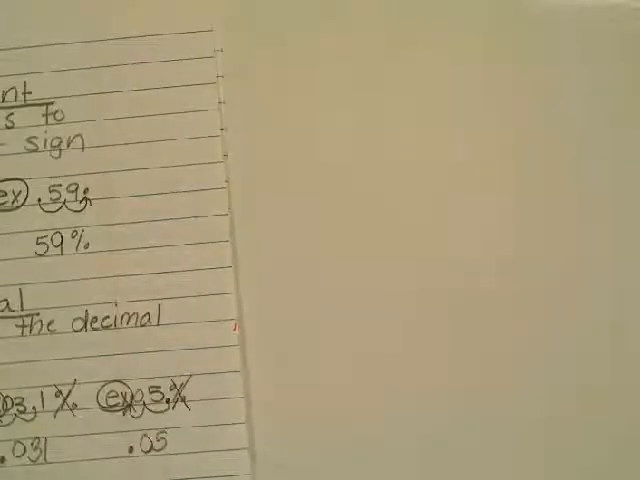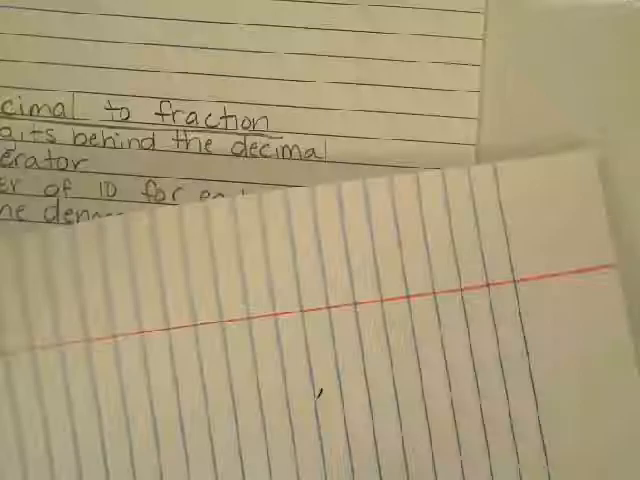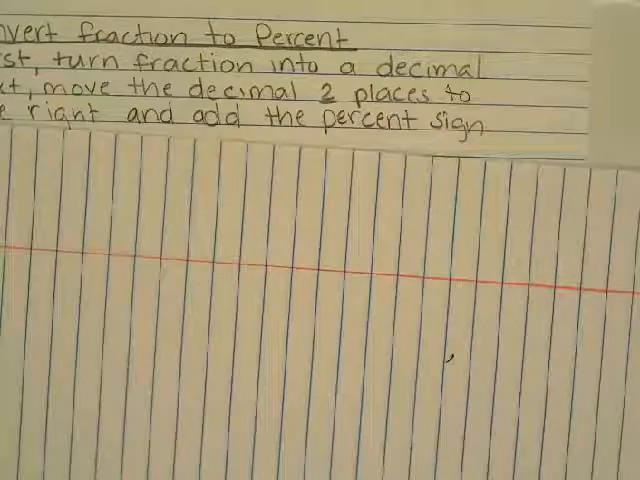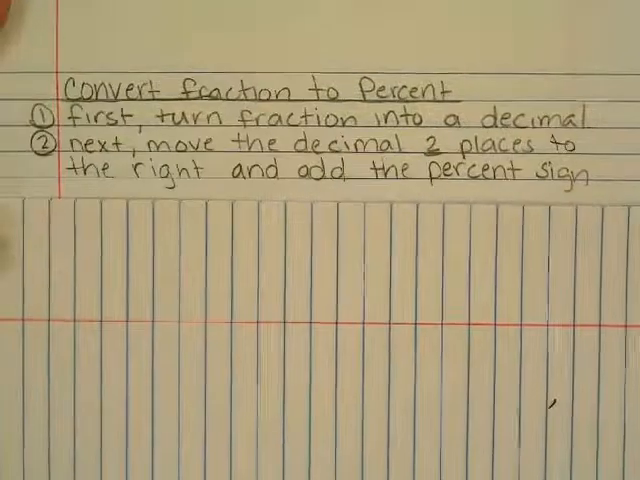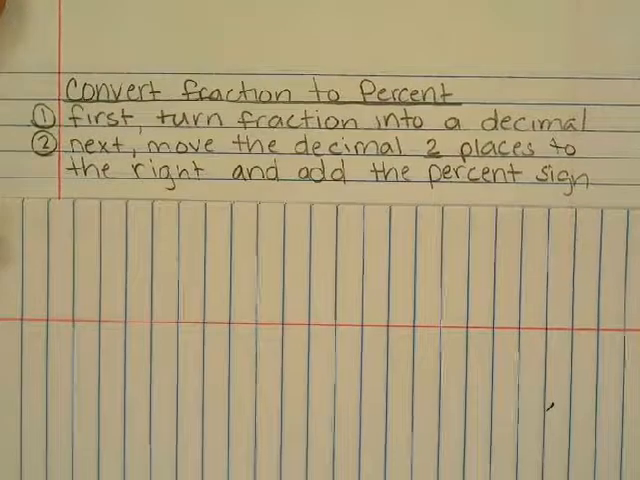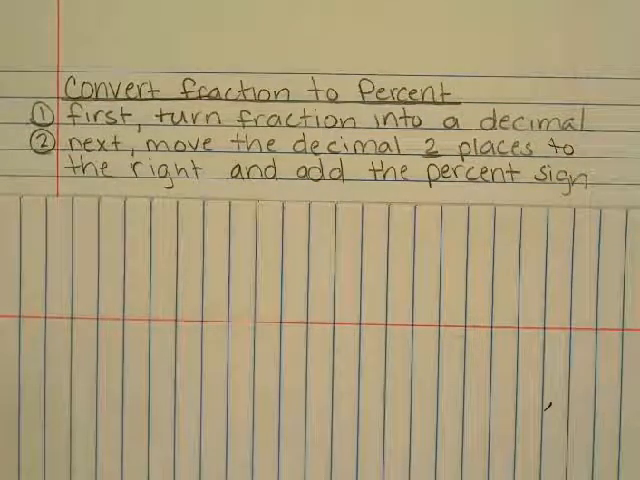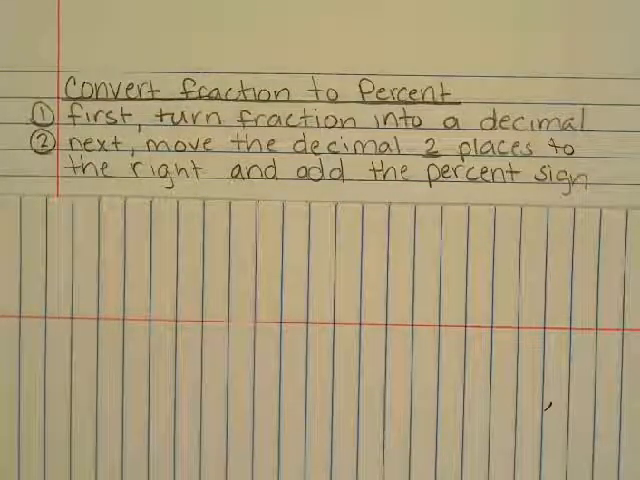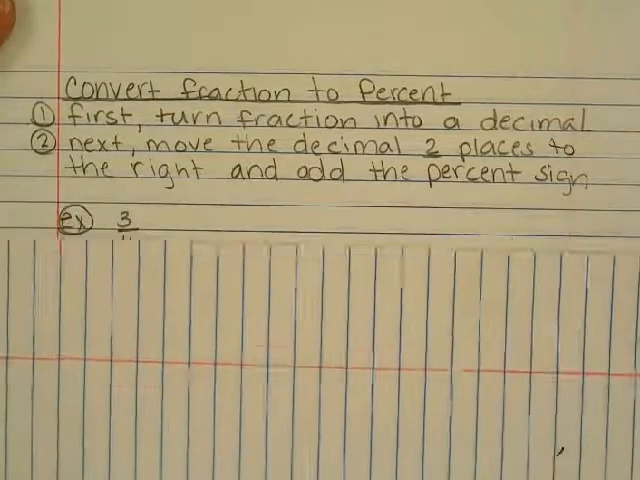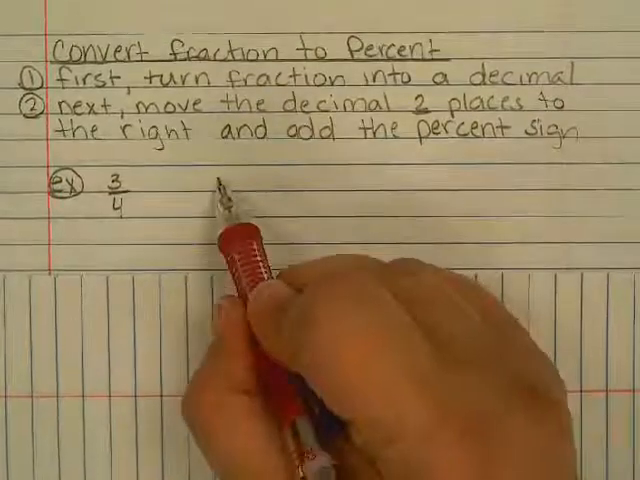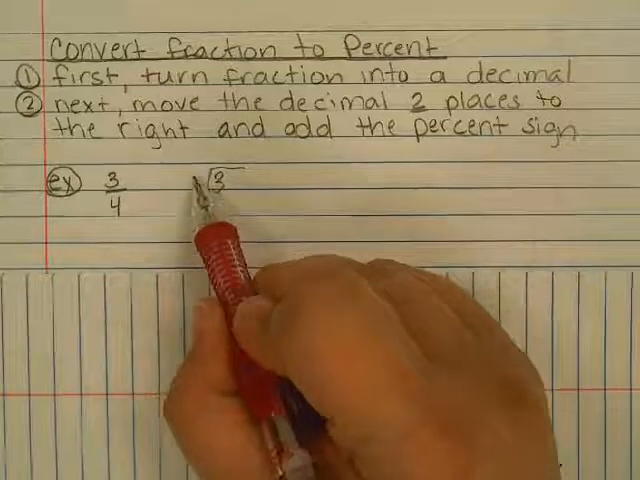We're going to go on now to the next conversion rule. And you probably already have these in your notebook because this is a review. So our next conversion rule is how to convert a fraction to a percent. The very first thing we're going to do is turn our fraction into a decimal, and then we are going to turn that decimal into a percent by moving the decimal 2 places to the right and then adding that percent sign. So for example, if I have 3/4, the first thing I need to do is divide 3 by